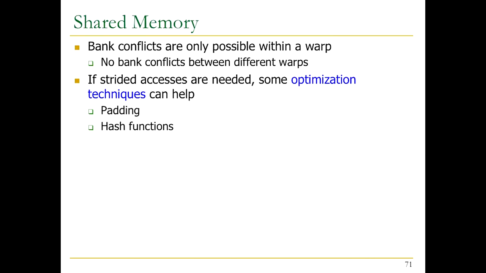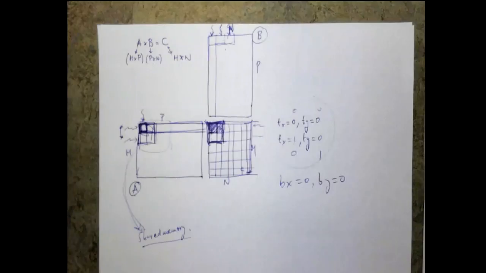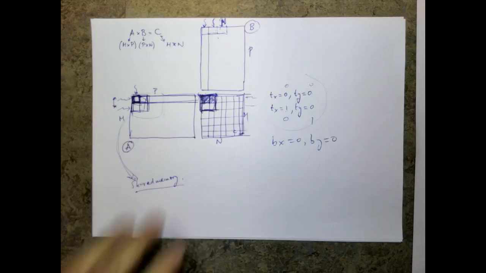If it's implemented in software, it's not so okay, because you probably have to care about what hash function you need to find for your particular access pattern, right? So a much simpler optimization can be using padding. What is padding? You know the meaning of padding, right? Padding essentially means that we are going to pad